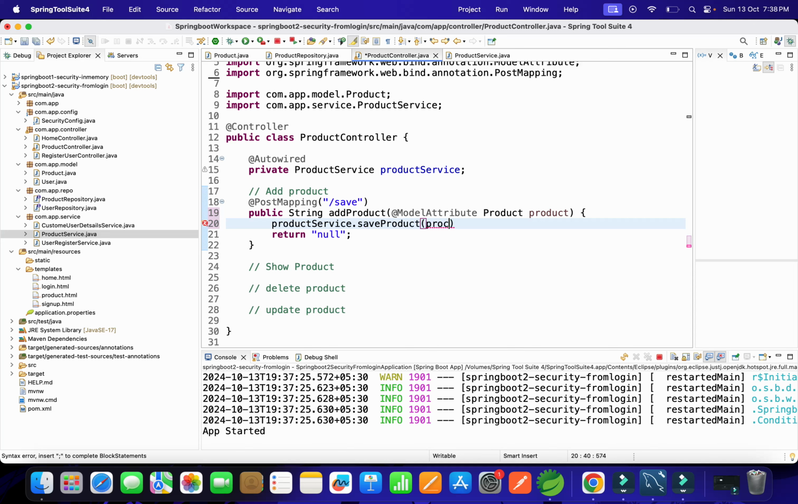Okay, and it will return one product object which is optional. So optional, and it will return one product. And this method we have to create inside the service classes. So let us create it,